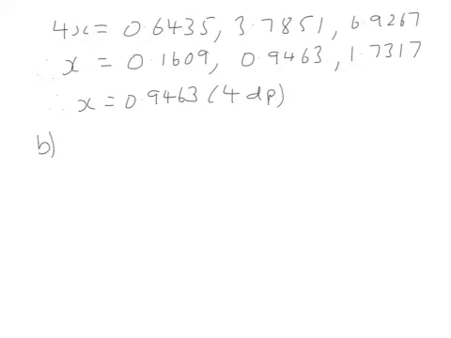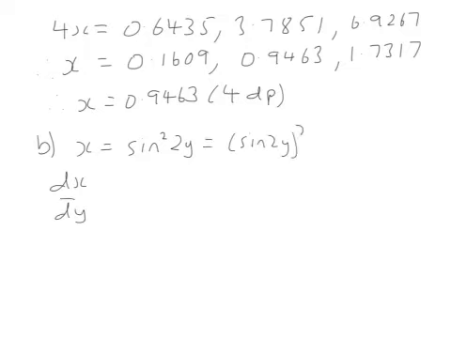In part B, we know that x equals sine squared 2y, and we want dy by dx. So dx by dy, well, remember that sine squared 2y is like sine 2y to the power 2. If I differentiate that, it's 2 times sine 2y to the power 1. Then differentiate sine 2y, it's 2 cos 2y. In other words, it's 4 sine 2y